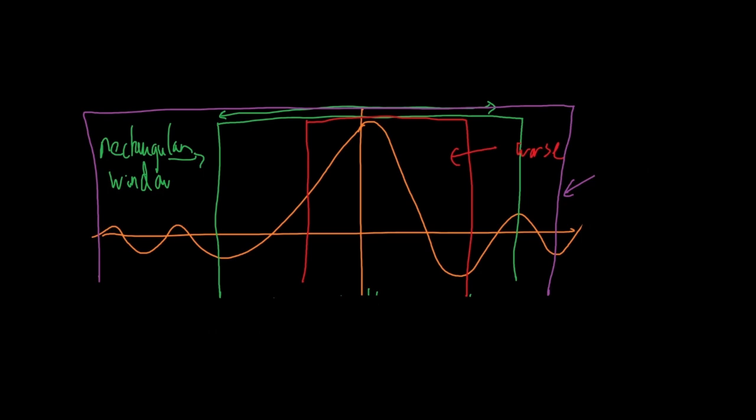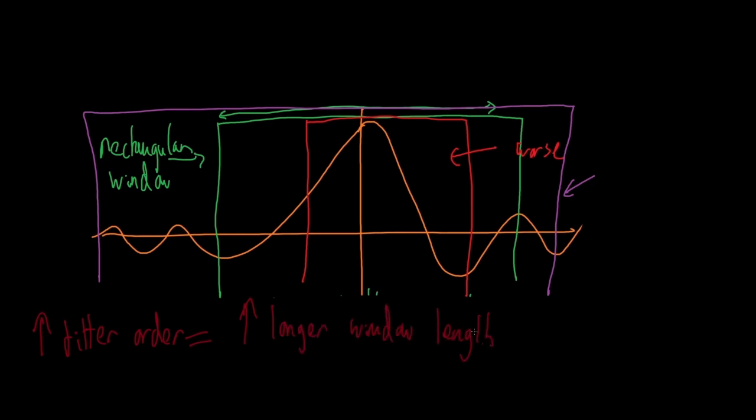So a larger filter order equals a larger or longer window length. Remember from previous lectures, a low order filter will have a larger transition band, and this is our transition band, and it rolls off slower. That is a low order filter. However, a higher order filter will have a very sharp, very small transition band,